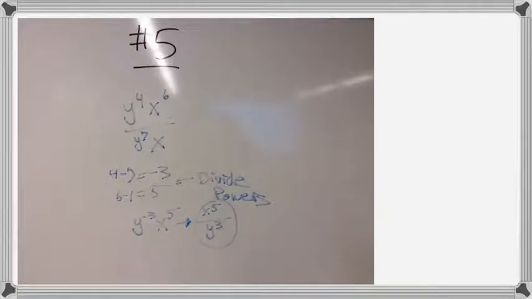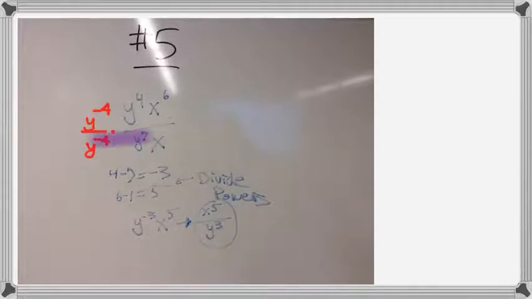Here's an alternative way to deal with those y's using what we were talking about a little earlier. An alternative way to do it, we need to multiply this fraction by y to the -4 on the top and on the bottom. And that would work because now upstairs, the y to the -4 times y to the 4 is going to give me y to the 0, which is going to make those y's go away. And then downstairs in the denominator, we're going to get y to the -4 times y to the 7, and that becomes a